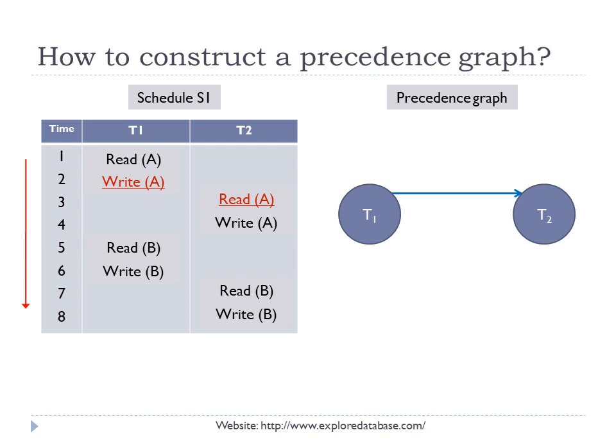And in our schedule we have one more conflict, that is write B and read B. As usual, write B happens first, then read B happens, hence we have to include an edge from T1 to T2. It is not necessary to include multiple edges between two different transactions in the same direction, but to explain the concept I have just included it. Now we have finished with the precedence graph.